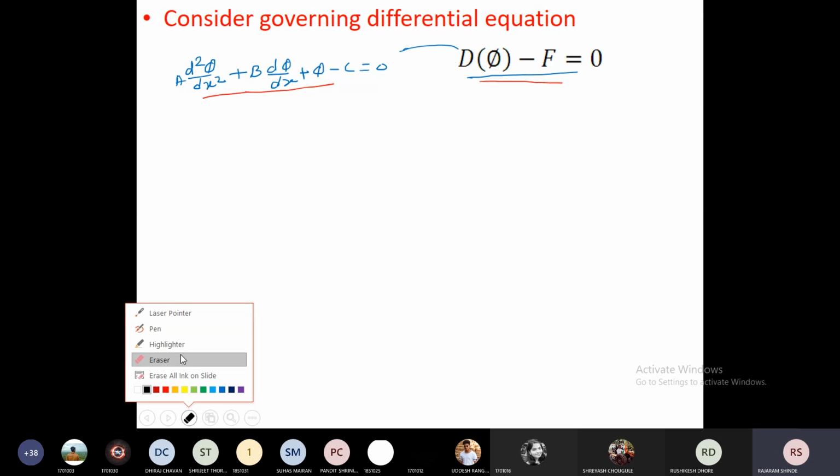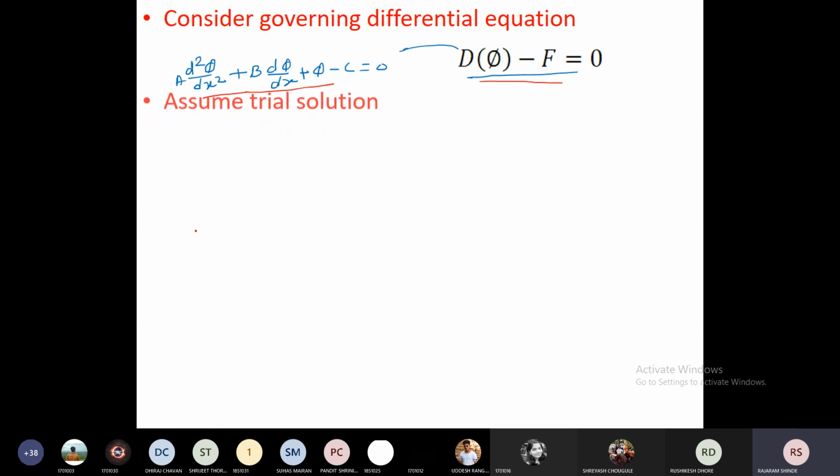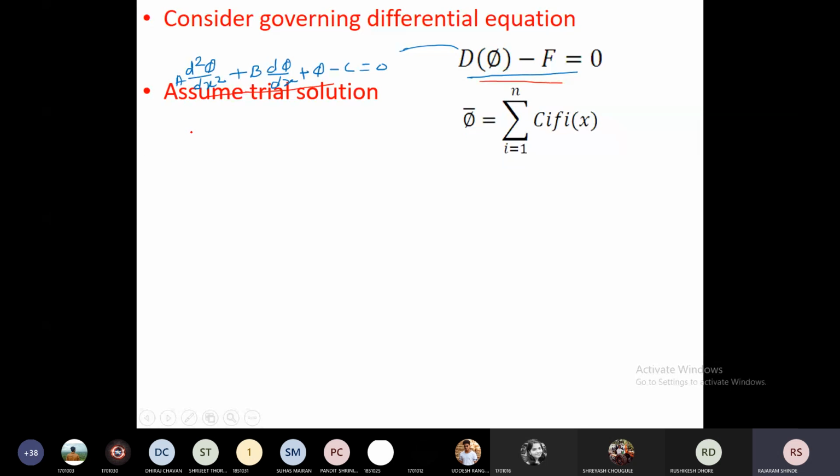Approximate the solution. Now next one, assume trial solution. How are we assuming the trial solution? The trial solution is in the form of a polynomial. Here your dependent variable is phi. Therefore the trial solution for phi is like this. Suppose this is a trial solution. I have taken phi bar because it is not the correct solution. It is a trial or approximate